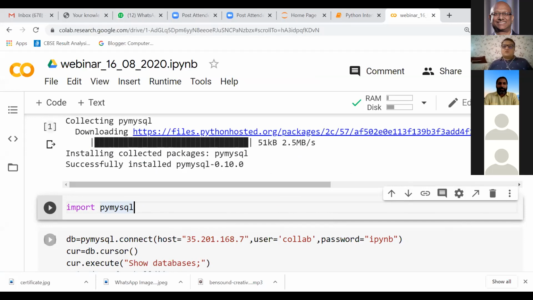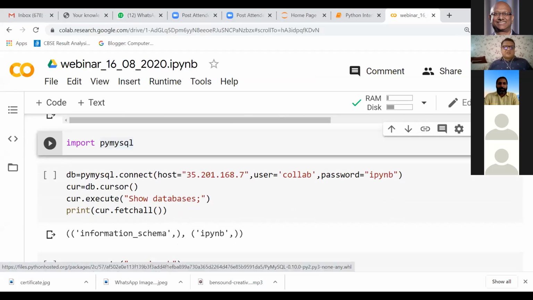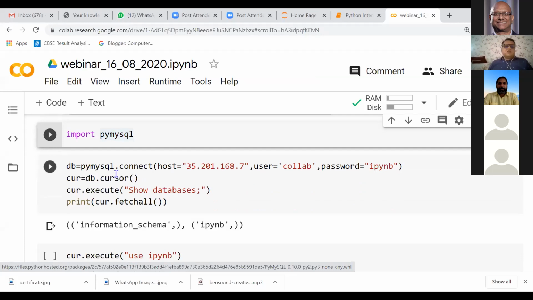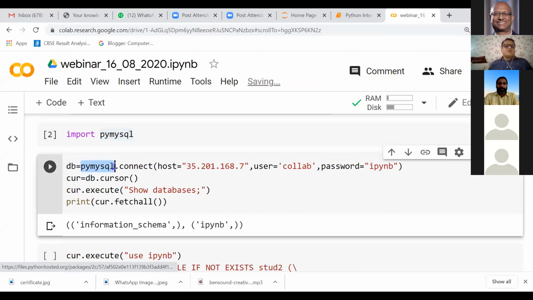Now the highlight of this session is this: I have written db equal to PyMySQL.connect, with host equal to some value, user equal to a certain value, and the password. Why have I written this here?